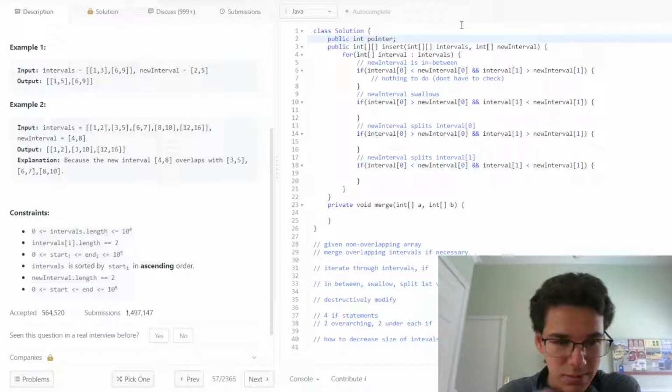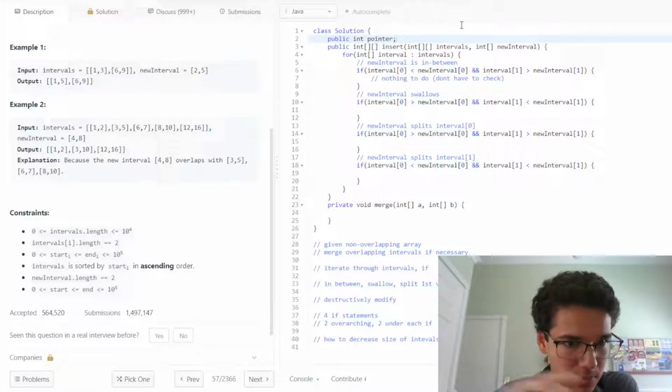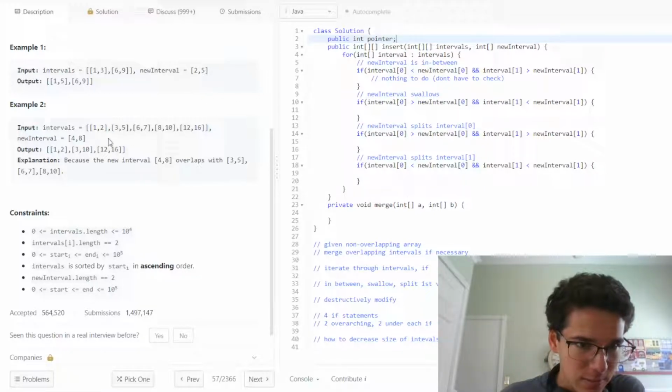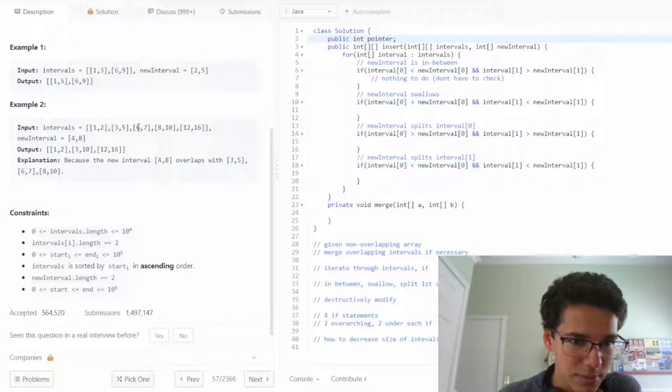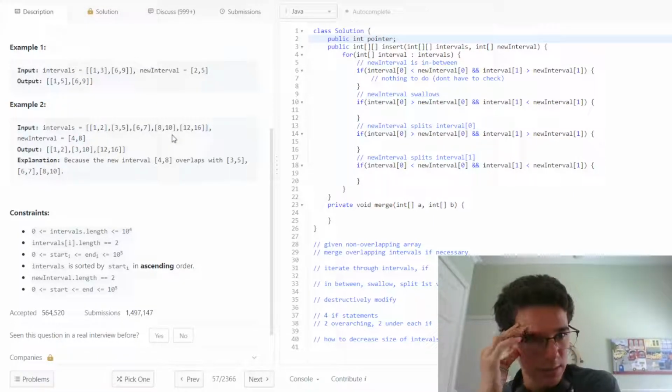Is pointer, do we even need pointer? So, okay, we're going in. 4 and 8 are going to split 5. Say we merge them, and then we make 8 the pointer. Then we compare. Do we need the pointer, or can we just now compare it to